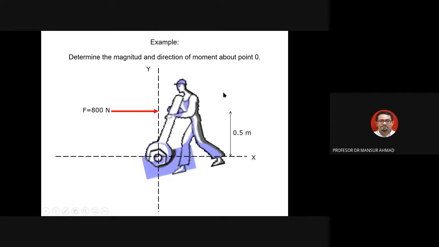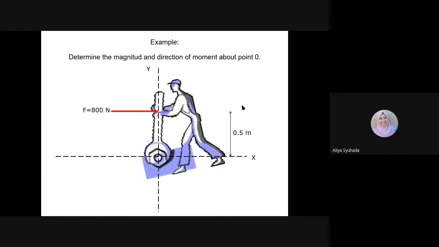Can you see that? This is negative moment. Yes. So that is the direction. So in another word, when you have this negative direction of this moment applied at the bolt or point O, this means you are tightening up or you loosening up the bolt. You nak longgar ke atau you nak ketatkan bolt ni? Ketat.